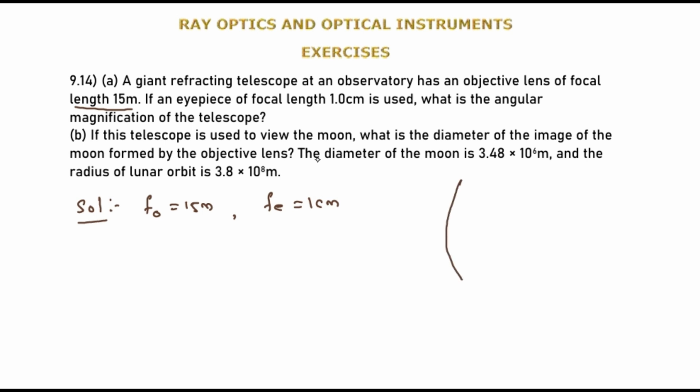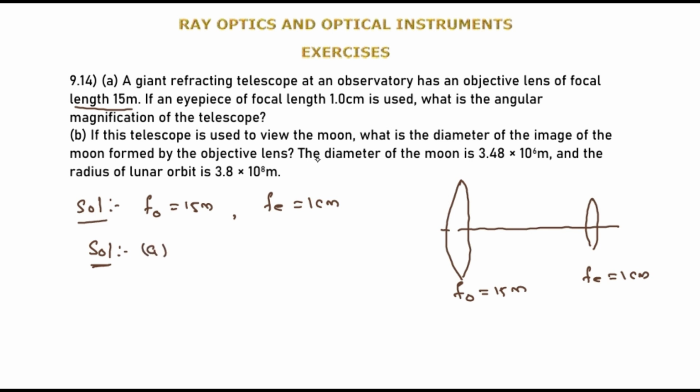That means it is objective and it is nothing but an eyepiece. That is F0 is 15 meter, Fe is equal to 1 centimeter. Therefore, here for the first part A, we have M is equal to F0 divided by Fe. 15 meter means in terms of centimeter, 1500 centimeter divided by 1 centimeter, that is equal to 1500. And while coming to B,